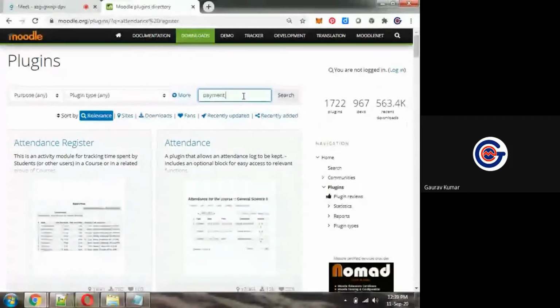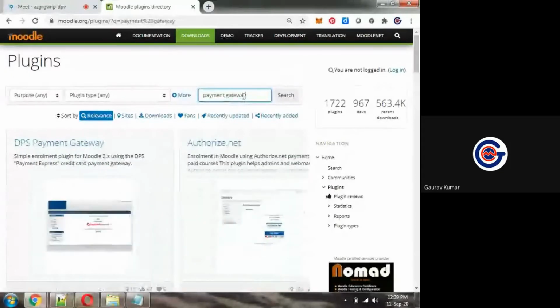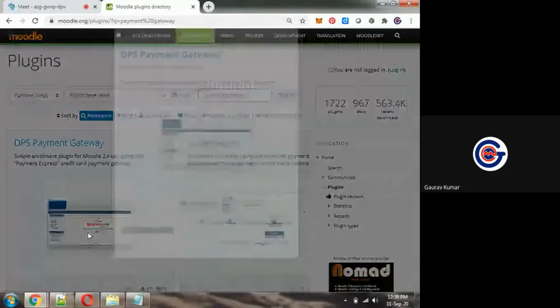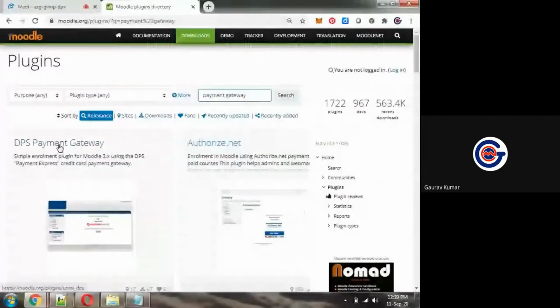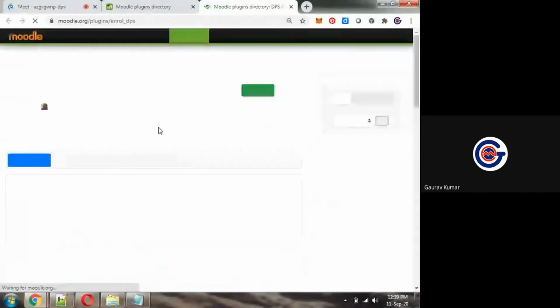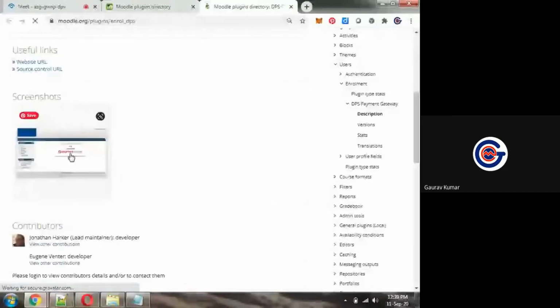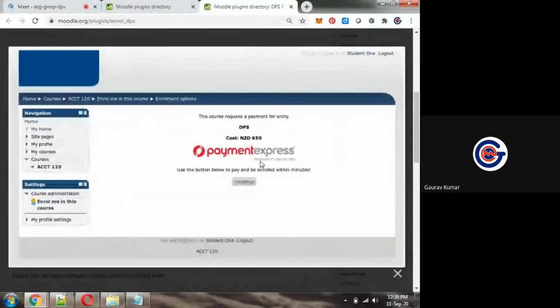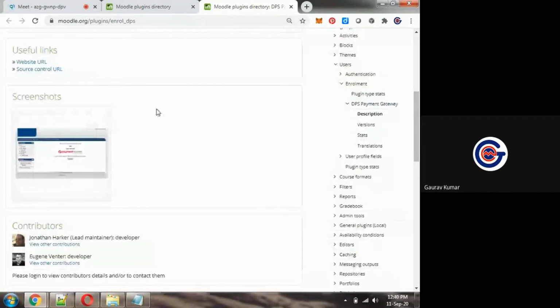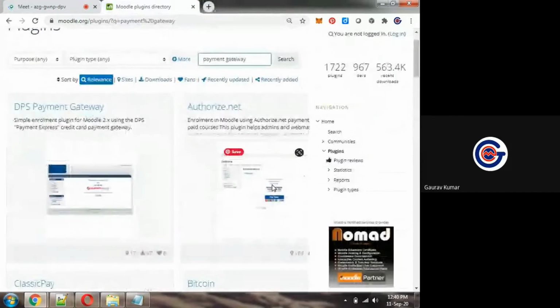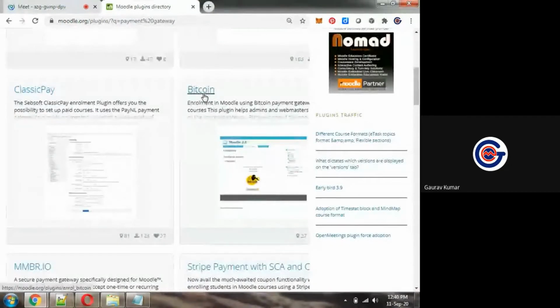Payment gateway. Suppose I want to install Google Pay. I want to work on a payment gateway like credit card, debit card. So you can see it is possible only via plugins. This type of interface will be available in our Moodle, so students or participants can pay via their credit card, debit card, net banking, UPI, or wallets. By default it is not available. We have to integrate it for online fee submission, online fine submission. Even Bitcoin is also accepted here.